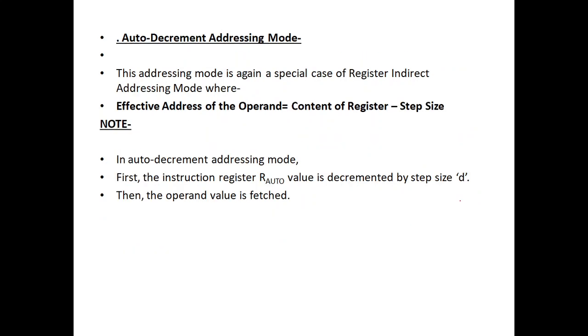And the next one is auto decrement. When we talk about auto decrement, it is a pre-decrement. Pre-decrement, in the sense, suppose the x value is 400. What is the x value now? 399. We decrement the x value first. So this is the pre-decrement. This is how auto increment and auto decrement work.